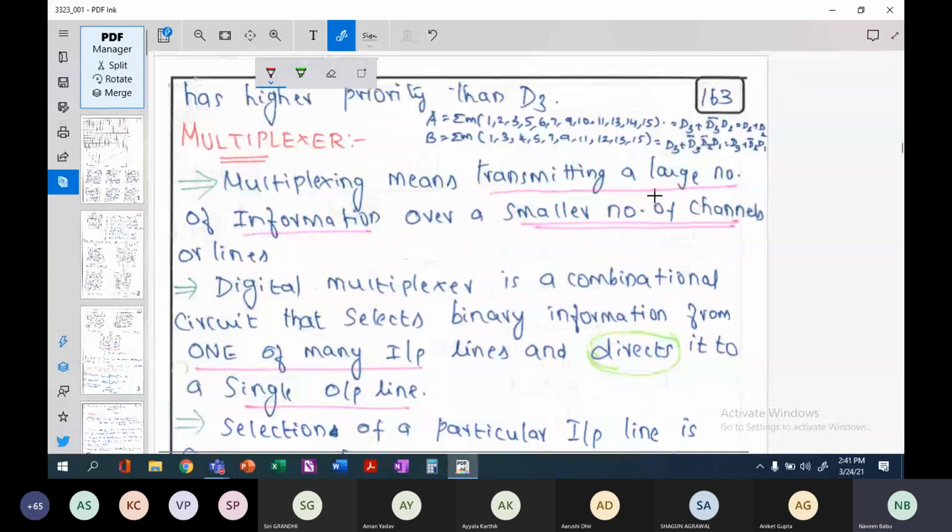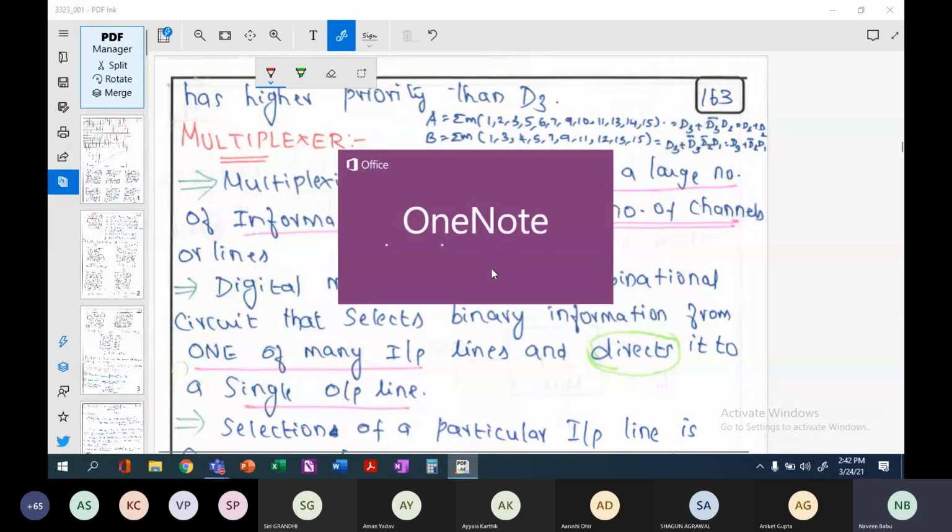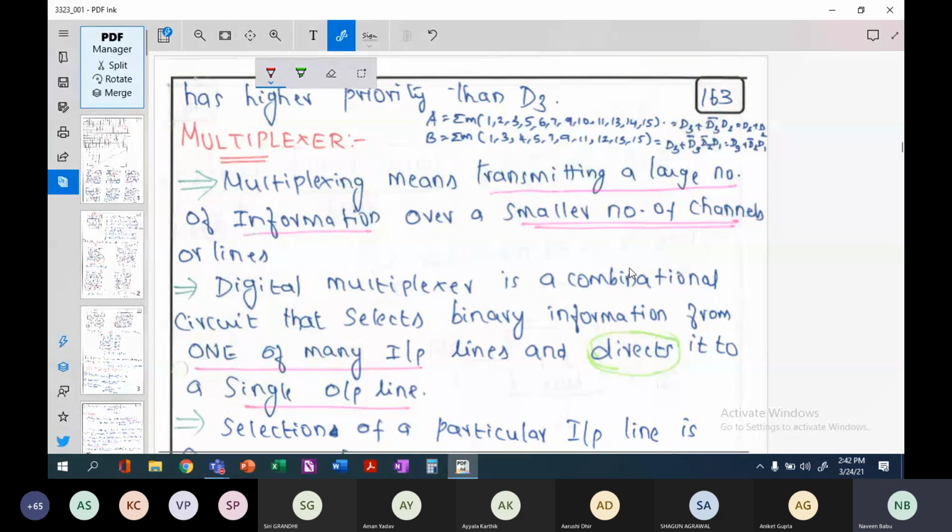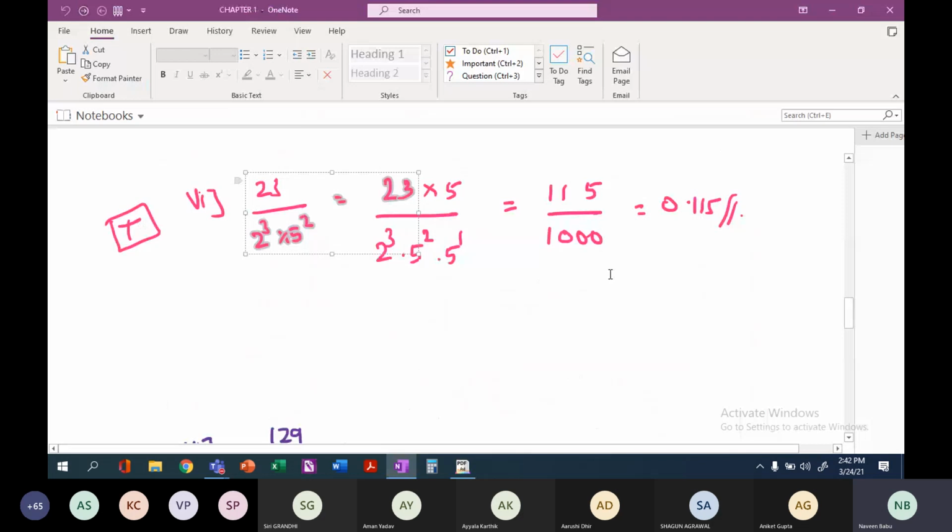Okay. Now let's move on to the third kind of combinational circuit, which is called a multiplexer circuit. Multiplexer you must have come across. In olden days, that is in the 1980s, the telephones were primarily based on trunk calls. You know what a trunk call is? In olden days, if I want to dial somebody,